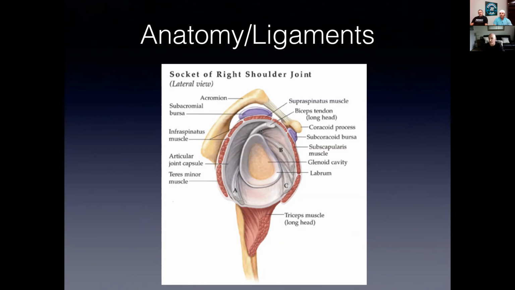ton of shear on the biceps tendon and the labrum, particularly if portions of this, the capsule down below, are tighter in some areas and looser in others. And this is going to be a very common theme. We're going to talk a little bit about some of these stretches you can do if we have time to get to it. And that is going to be the key thing, because I think most people are probably